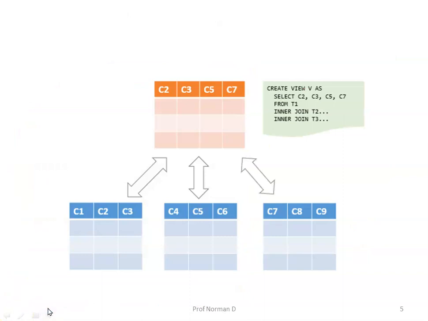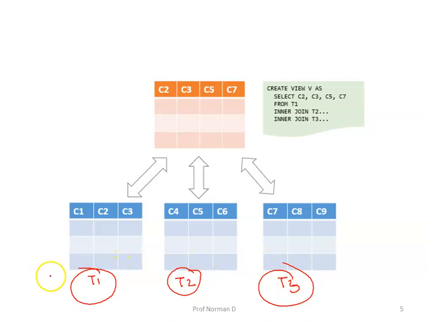Now have a look at this particular example. In this example, we have different tables. We have table T1, table T2, table T3. I am trying to retrieve some information from T1, some information from T2, and some information from T3. Since I'm getting information from 3 different relations, this will be a very complex join, having maybe a left join or right join. So I try to avoid the complexity of rewriting the query again and again.